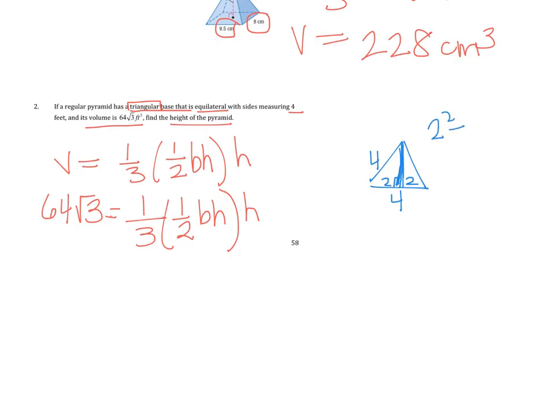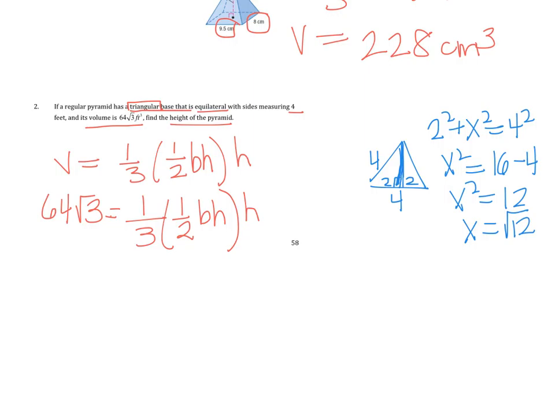So 2 squared plus x squared is equal to 4 squared. X squared is equal to 16 minus 4, and that's equal to 12. And the square root of 12 simplifies to 2 radical 3. So the length of this altitude is 2 radical 3. That's going to go in for the height of the area with a base of 4. So 1/2 times 4 times 2 radical 3